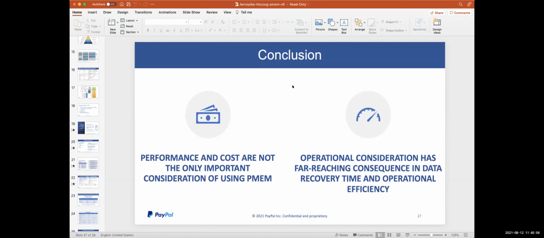Yeah, I just want to also add, one reason why we increased the replication factor from 2 to 3 is because we were not sure